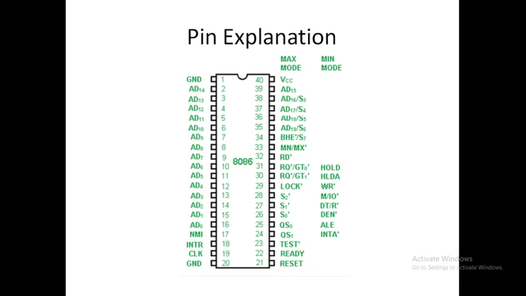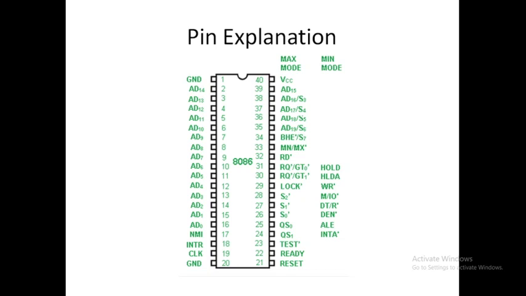I just told you that we want to use an 8286 or 8287 data bus transceiver. The direction of data flow is controlled through the transceiver. When we connect an 8286 or 8287, then by selecting this pin, we can receive or send data,